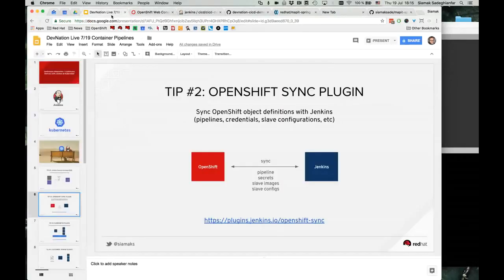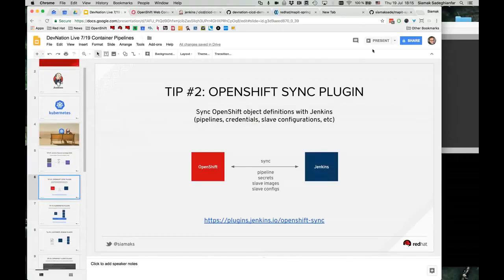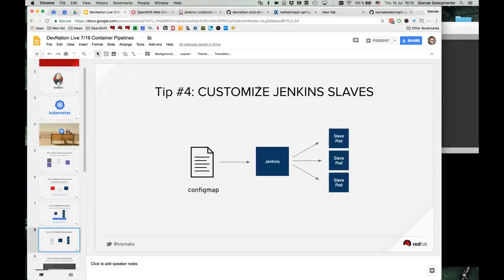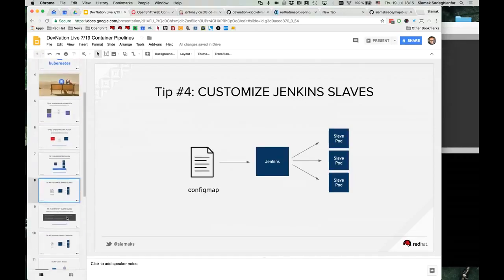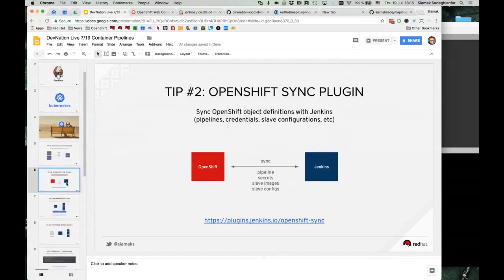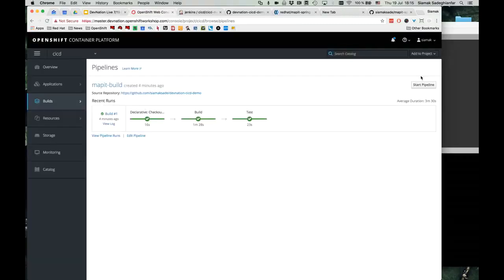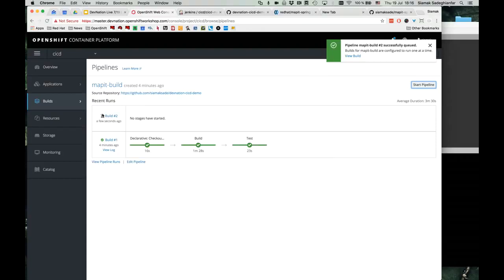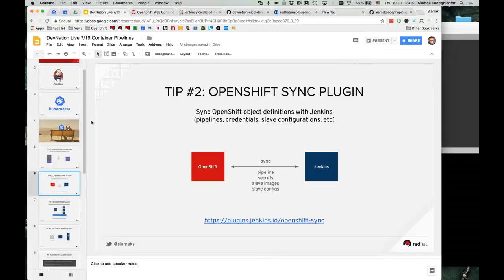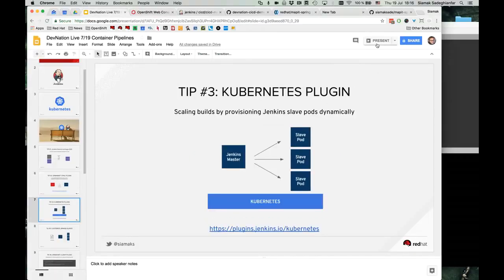And the next step for doing that is another plugin, which is called I think I skipped a little ahead. Let's go back one step. So if I start the build again, there is another aspect of running a combination of Jenkins and Kubernetes, and